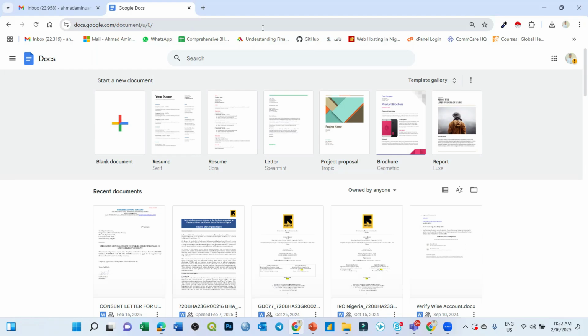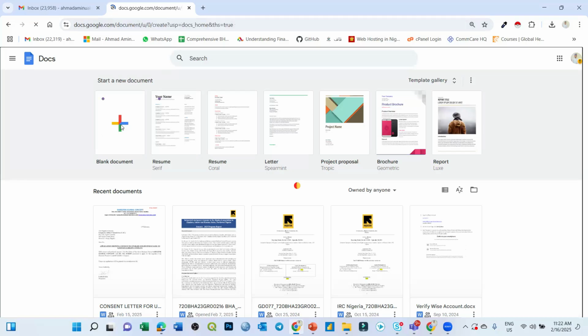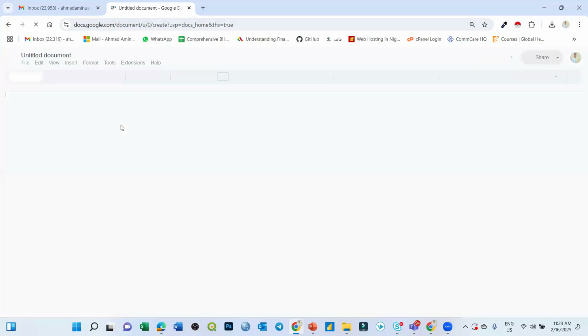So now this is how we are going to create the document. You go to docs.google.com. Now I want to create the document myself. When you come to docs.google.com, you click on this blank document. You click on what? Blank document. Once you click on blank document,